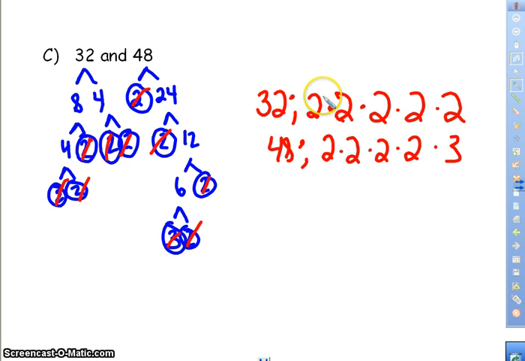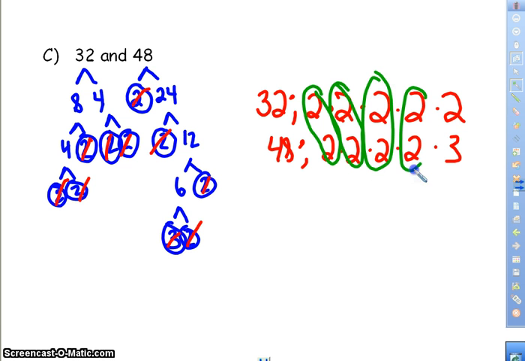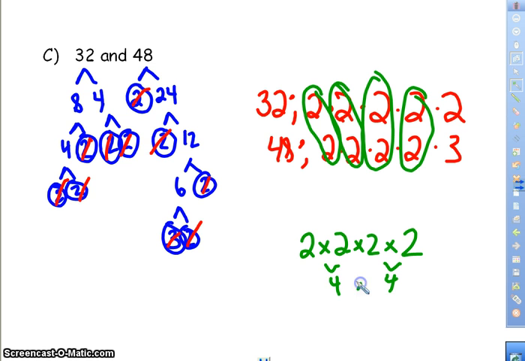So what I have in common, I have a 2, a 2, a 2, a 2. So I have 2 times 2 times 2 times 2, and make sure you're multiplying, not doing 2, 4, 6, 8. So 2 times 2 is 4. 4 times 4 is 16. So the greatest common factor